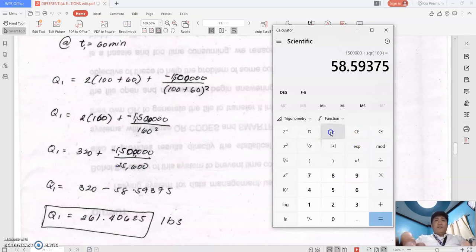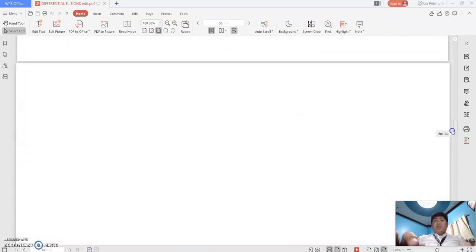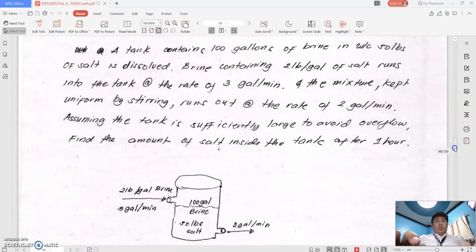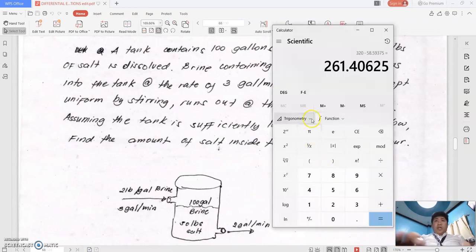Since that is negative, we have 160 times 2, that's 320, minus 58.59375. So that is 261.40625 pounds of salt. So from 50 pounds of salt, it becomes 260